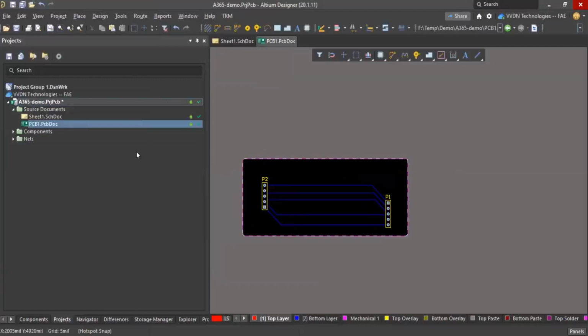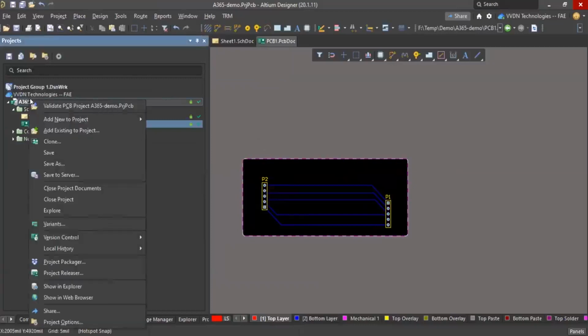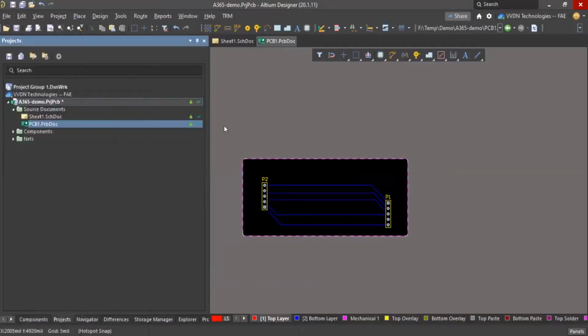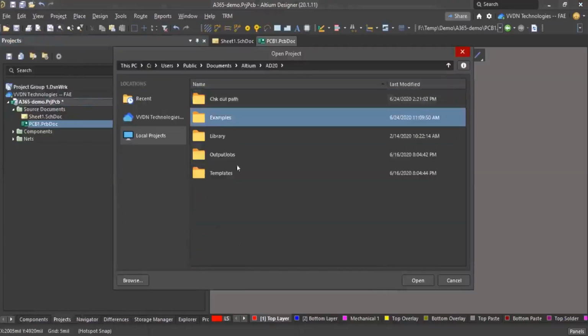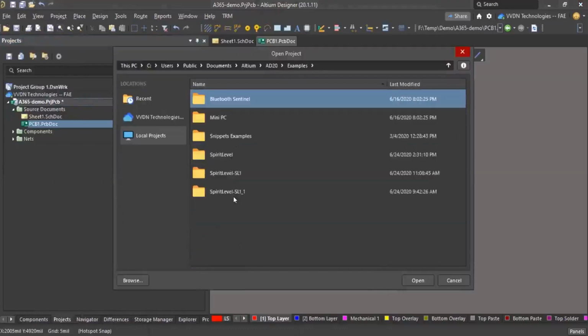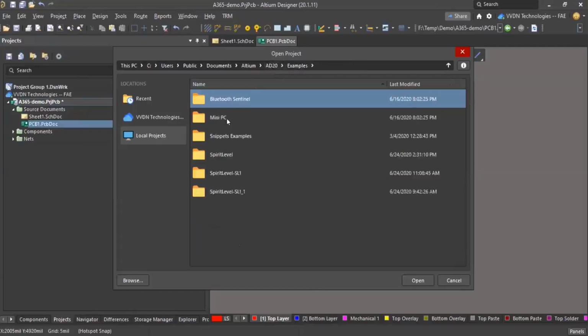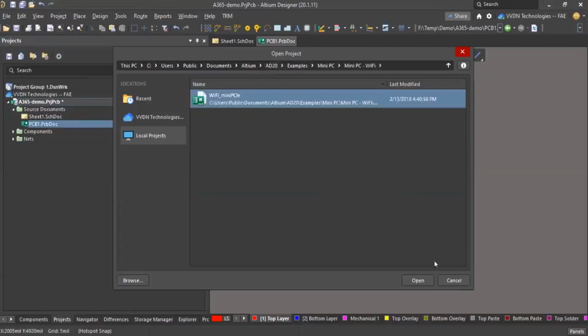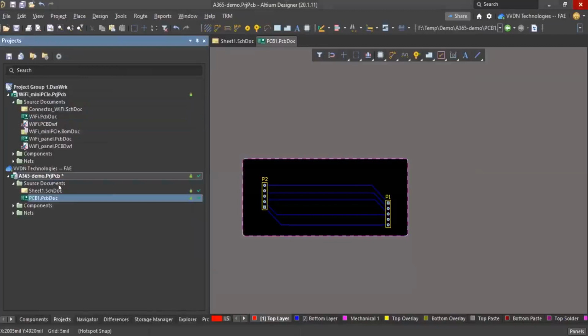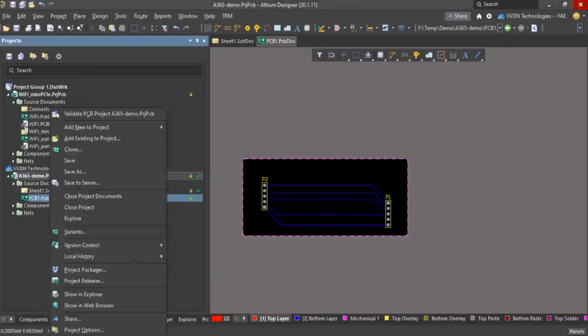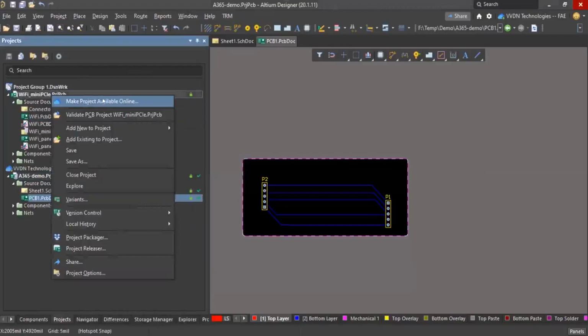Suppose one existing project is already there that I want to add to Altium 365, you can right click and Make Project Available Online. That will appear. Maybe I'll just open some other project and show you. Okay, so if you right click, make projects available online like this.